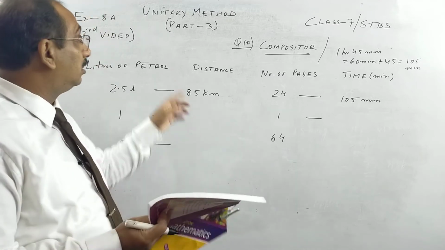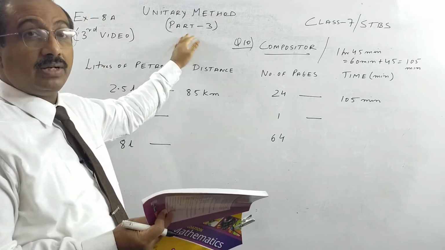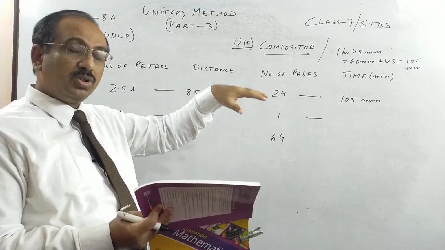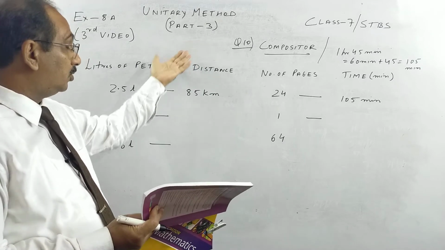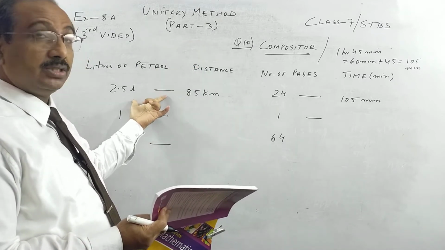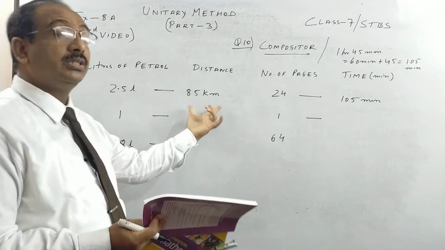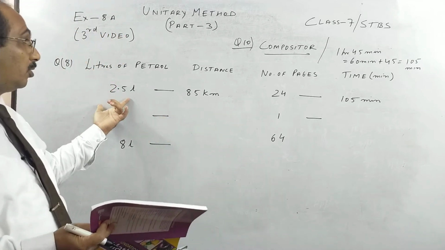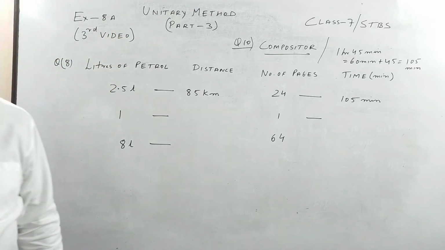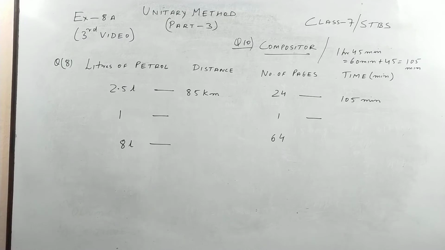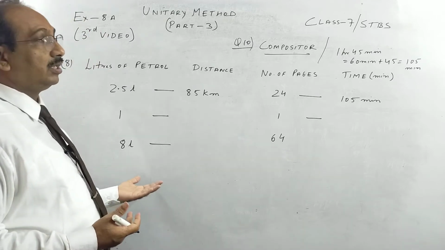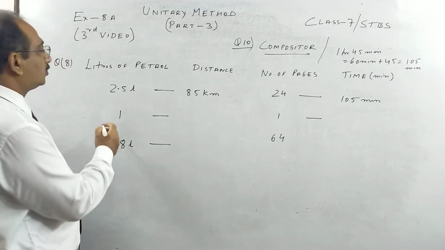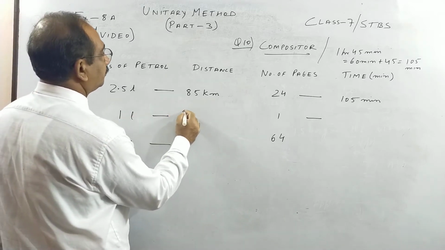See number 16, my part 2, the last question, which I have done by both the methods. Ratio method I have explained in all those questions, and I have explained the unitary method also. But here it is direct variation, children. More the petrol, more distance it will cover. It's not that more petrol you put in scooter, it will cover less distance. So this is a direct variation. So you have to be very careful which question is direct variation and which is inverse variation.